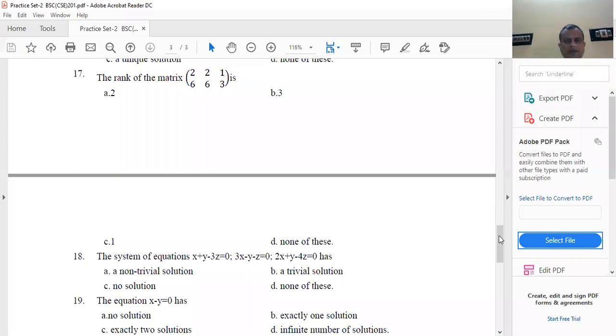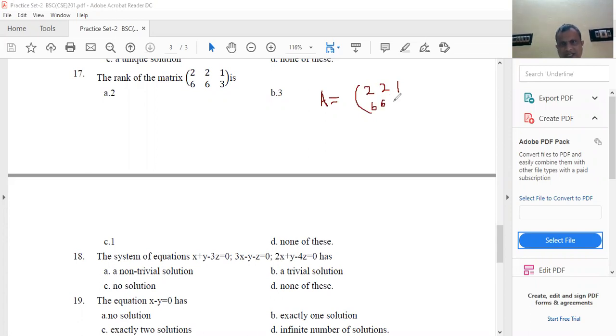Question number 17. What is Question number 17 saying? The rank of the matrix, you have to find the rank of the matrix. For this matrix, when you find the rank of the matrix, use the row elementary operation. Here, if we write the matrix A is this one, 2 2 1, 2 2 1, 6 6 3, 6